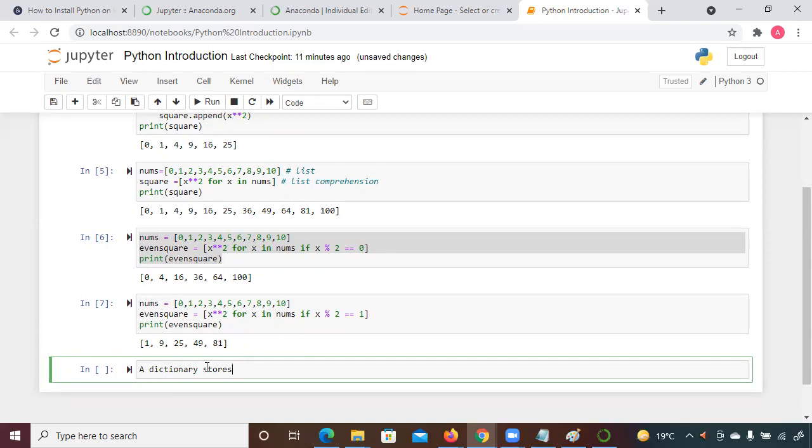Dictionaries save data in the form of key and value pairs, where the key is going to identify the values. This is similar to a map in Java. Have you worked in Java? A bit, not much. Okay. So it is similar to a hash map in Java, or a JSON file, if you have seen one, right?